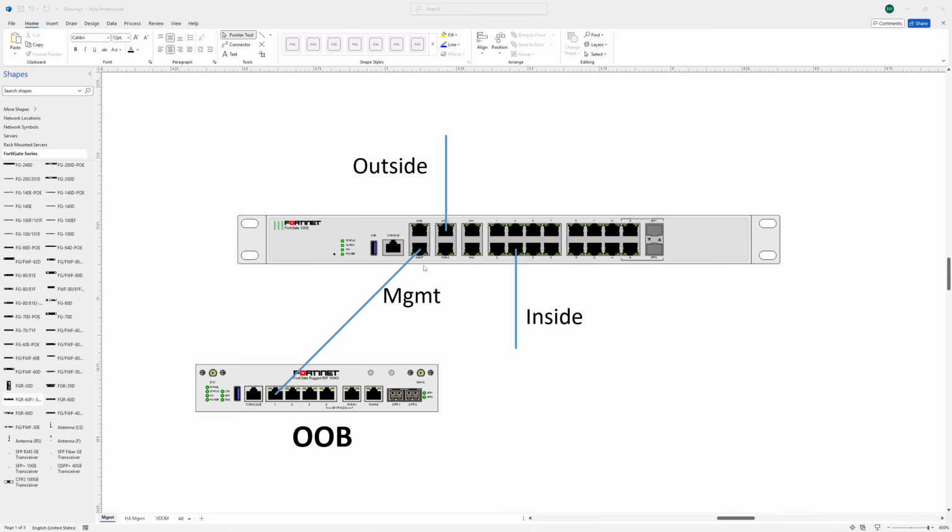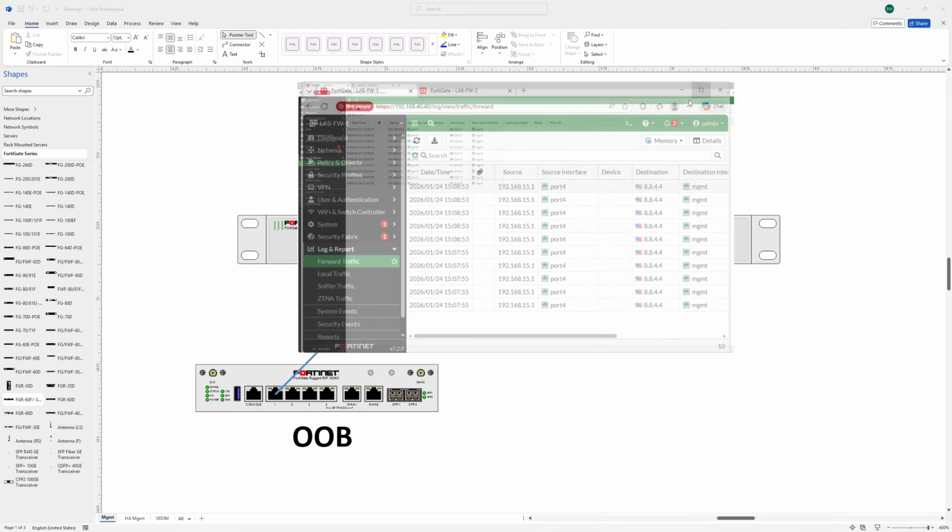I've struggled with this and I've tried multiple different things. I've tried putting this management interface into a VRF. I've tried using the HA interface, and it's given me nothing but problems. So here's my solution. The way that traffic flows is just like any other interface. So if you create a static route, a default route, pointing it toward the management interface, what you're going to get, which I've done here in this